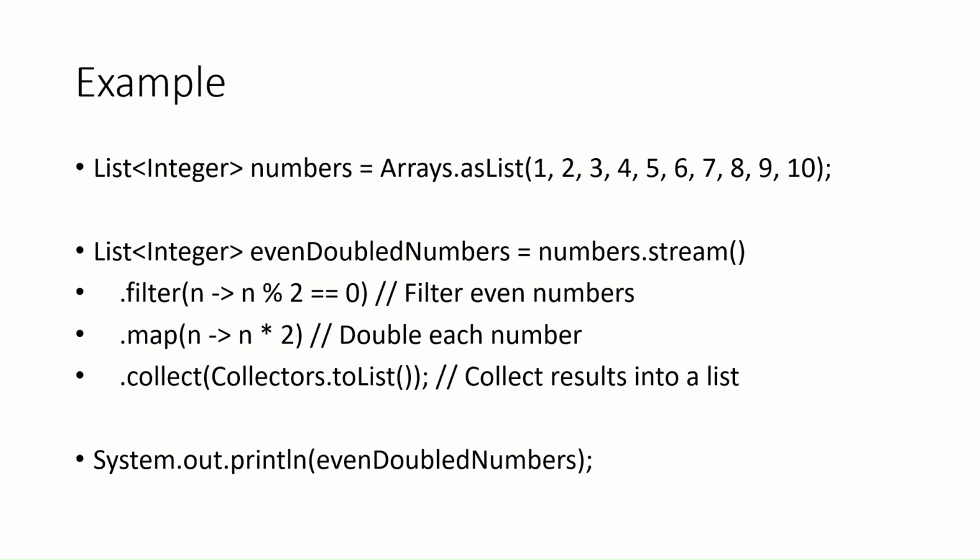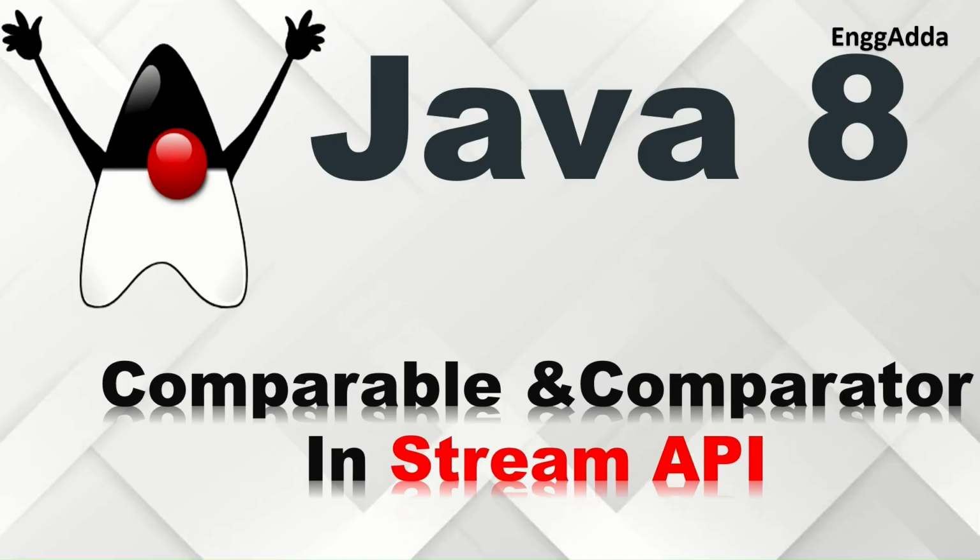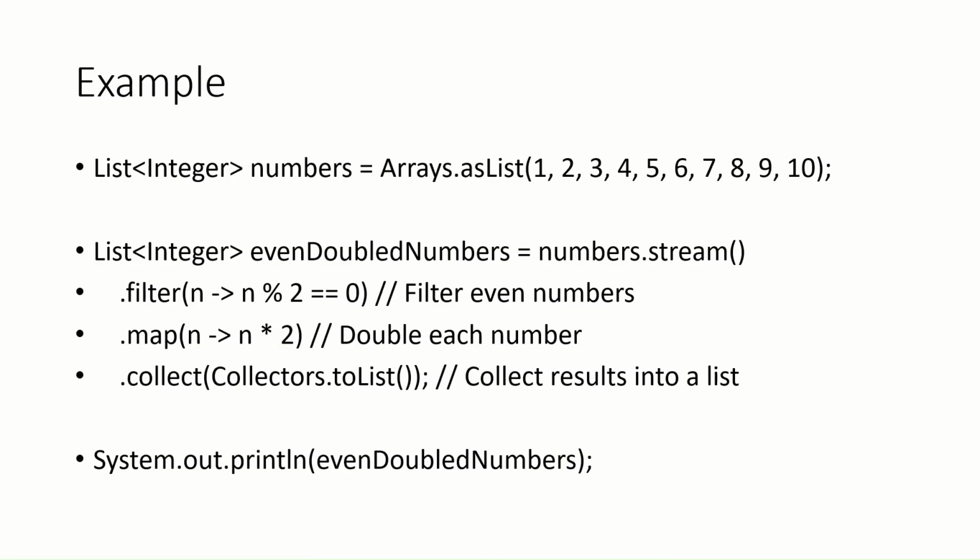Okay, and then we are simply applying the terminal operation, which is collect, and then we are collecting that into a list and simply storing that response into the even double numbers and then printing it out. So this is one of the examples of the stream APIs, how you can play with the stream APIs. Now let me go to the next slide. Okay, so this is a basic introduction of the stream in Java